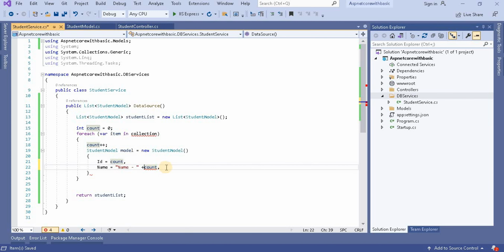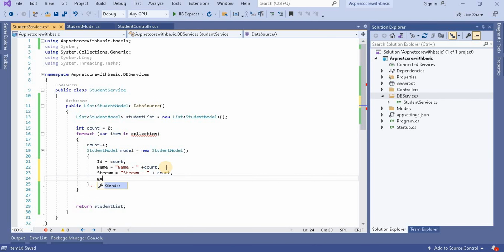Next we have stream, so similarly I'm going to add the stream, and then gender. For all of these I'm adding male as of now, or we can differentiate as per our requirement.